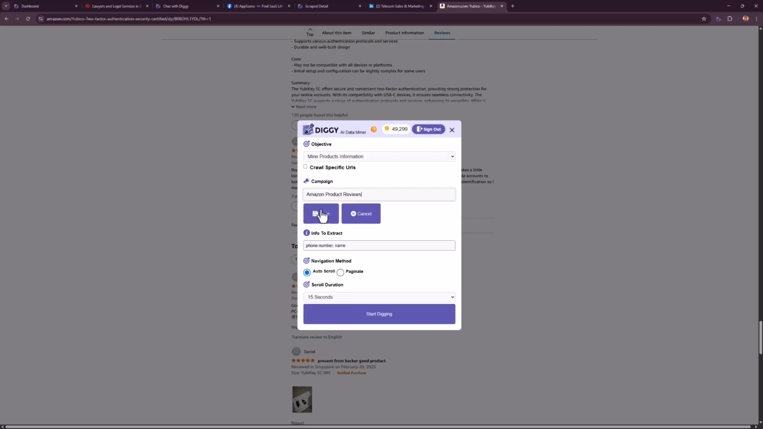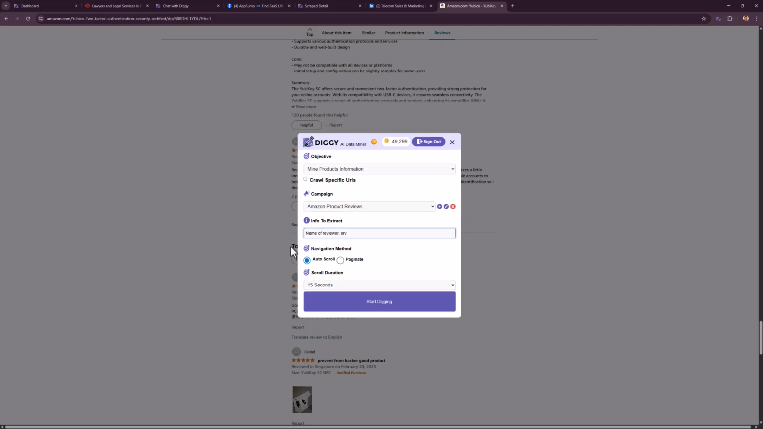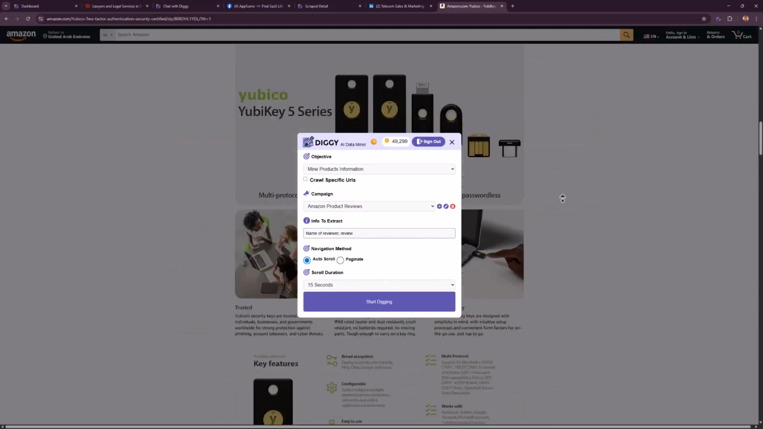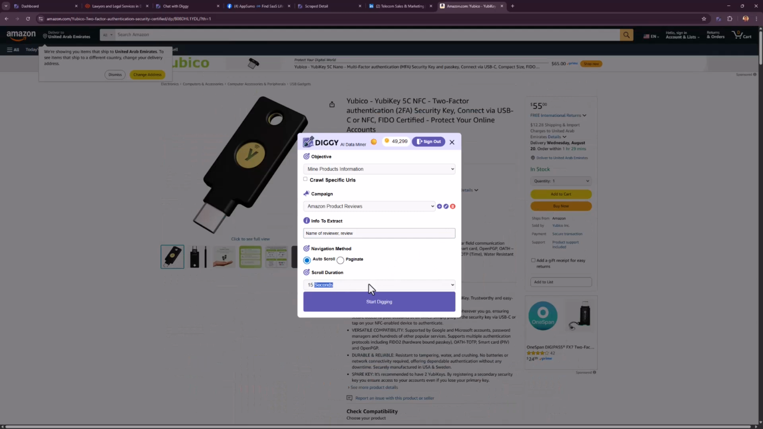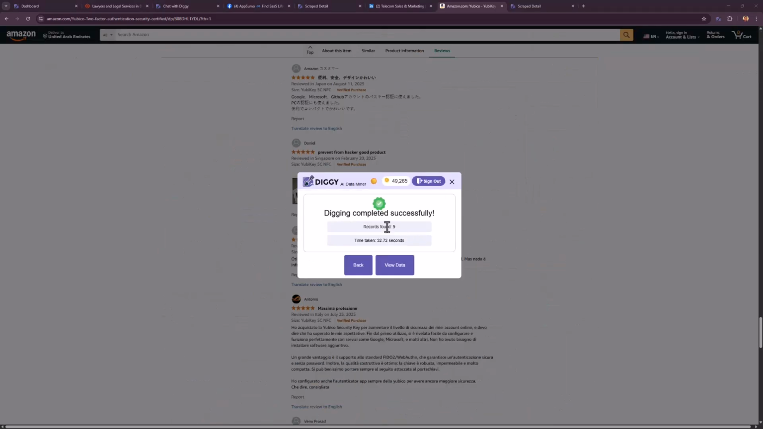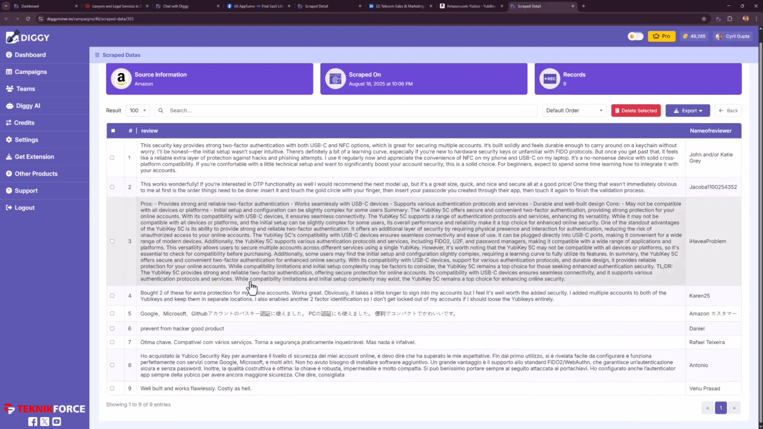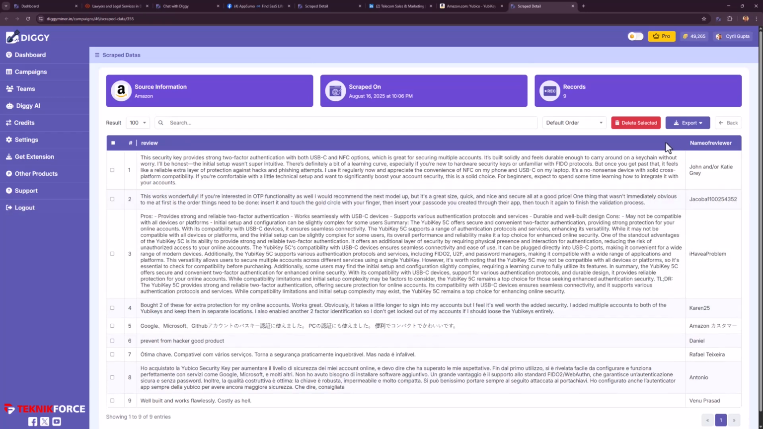And click on save, and we'll say name of reviewer and review, and we'll keep it auto scrollable. Let's go to the top of the page. Let's do 30 seconds and click on start digging. And it was able to grab 9 reviews. If you go into the scrape data, the names are here and you've got the review, and you can chat with this data too. We'll just go to Diggy AI,